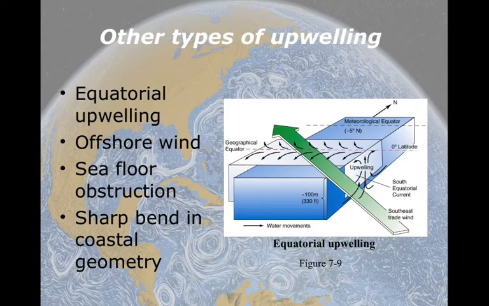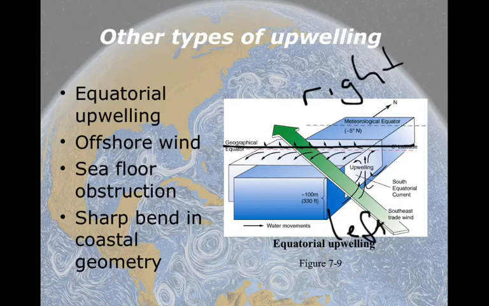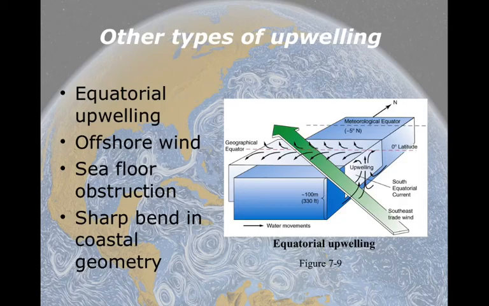And then let me draw it on here. I'll draw that. That's right here. That's a geographical equator. And Coriolis force is to the right, north of it, and to the left, south. The winds actually don't follow the geographical equator. Those wind belts where we were talking about the trade winds actually follow what we call the meteorological equator, which